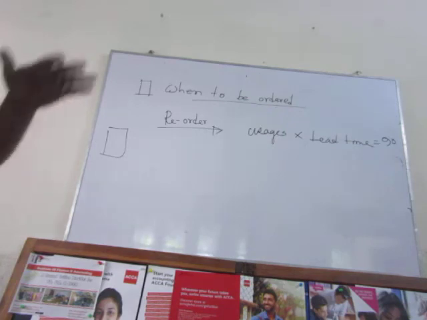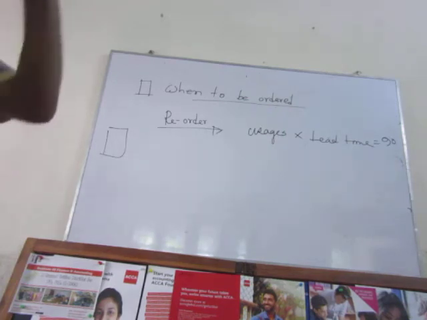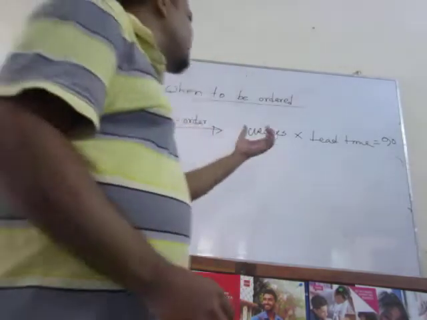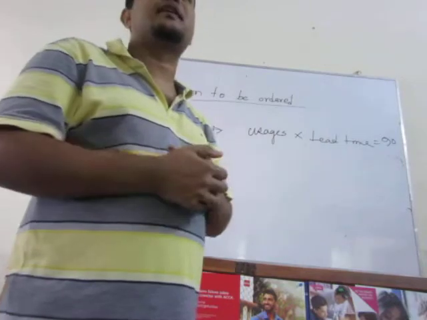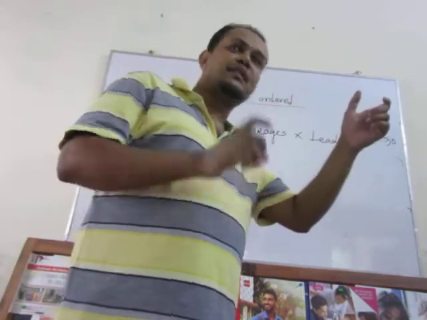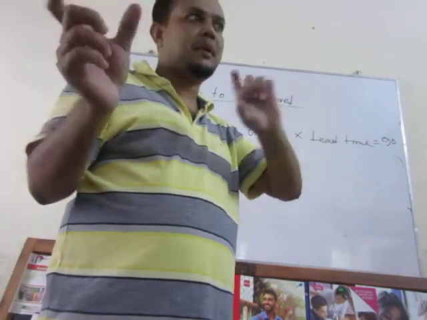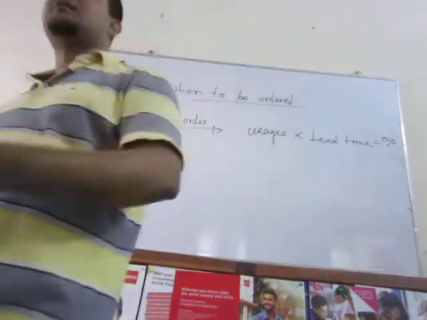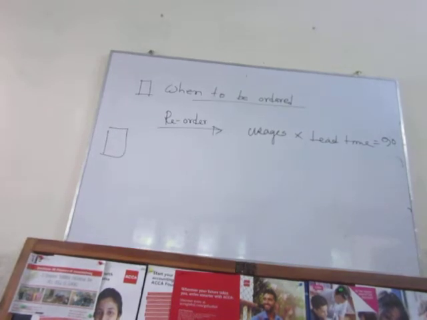The fact is, in some cases, usage is not fixed. Can you ensure that today, the whole day I can have the electricity supply? Can you assure that? In our country, it is not possible to assure. So, in some cases, this usage is not constant. Obviously, there will be minimum uses and maximum uses. Lead time, according to our country, lead time will be 2 days or 2 weeks.